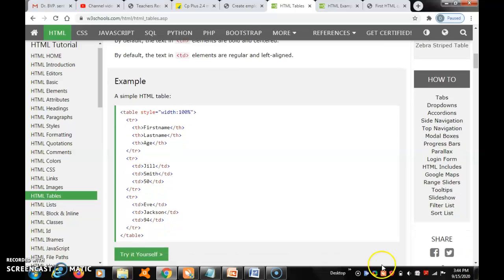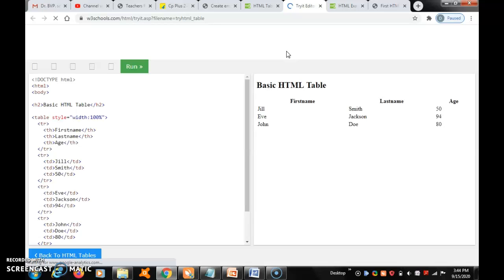tables. The same exercise. I did a 50% table. If you run it like this, automatically you will get the output. Now network, I think in IE. If the network is there, it will execute automatically. See here: first name, last name, age.